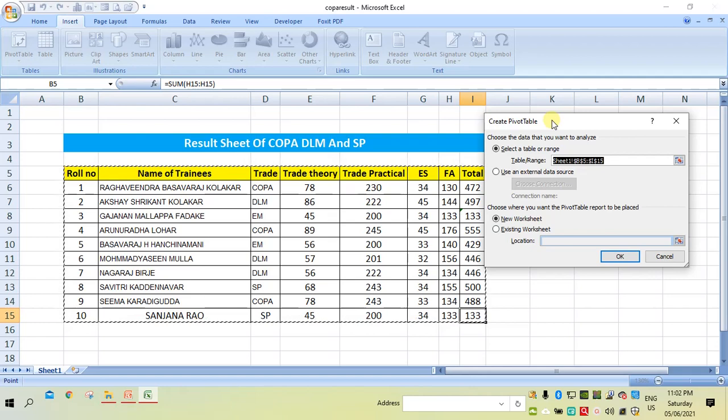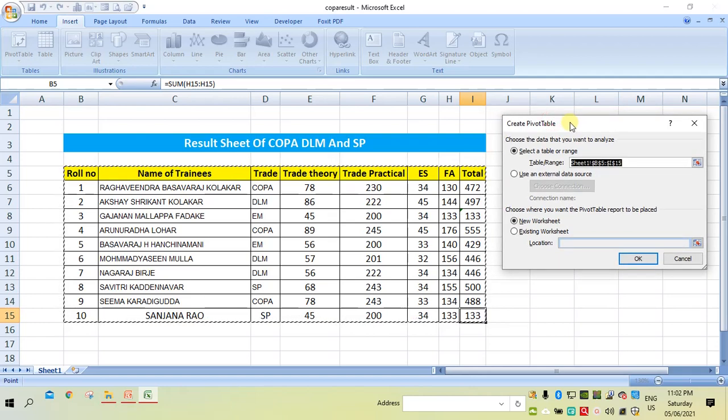So it is asking you to select the table or range. I have already selected it. You can see the dancing borders, dancing dots, which indicate the selection of the table.